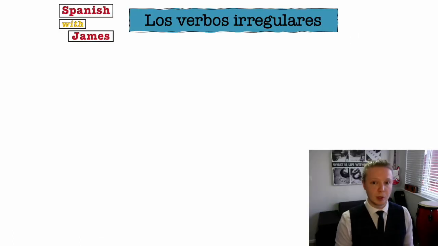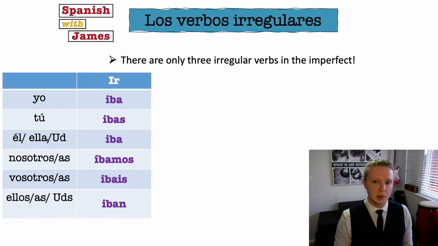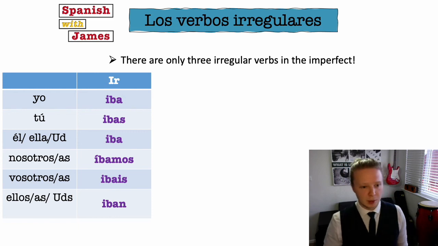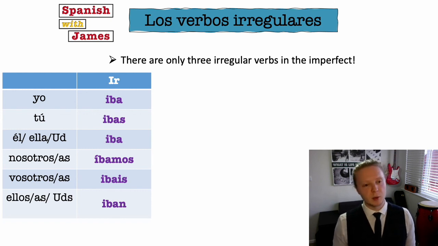Now the good news, or perhaps the great news, is that there are only 3 irregular verbs in the imperfect tense. We've got the verb ir, the verb to go, which goes to iba, ibas, iba, íbamos, ibais, iban, and you'll notice that though it's quite irregular, it still follows that pattern of a, as, a, amos, ais, an. Instead of ab, we've just got ib. Iba, ibas, iba. Okay, so it's kind of similar just to the aba endings. We're just changing all the a's to i's, and that gives us the entirety of the verb to go in the past tense. For example, cuando era joven, iba mucho a la playa. When I was young, I used to go a lot to the beach. So that's how we might use that one in a sentence.